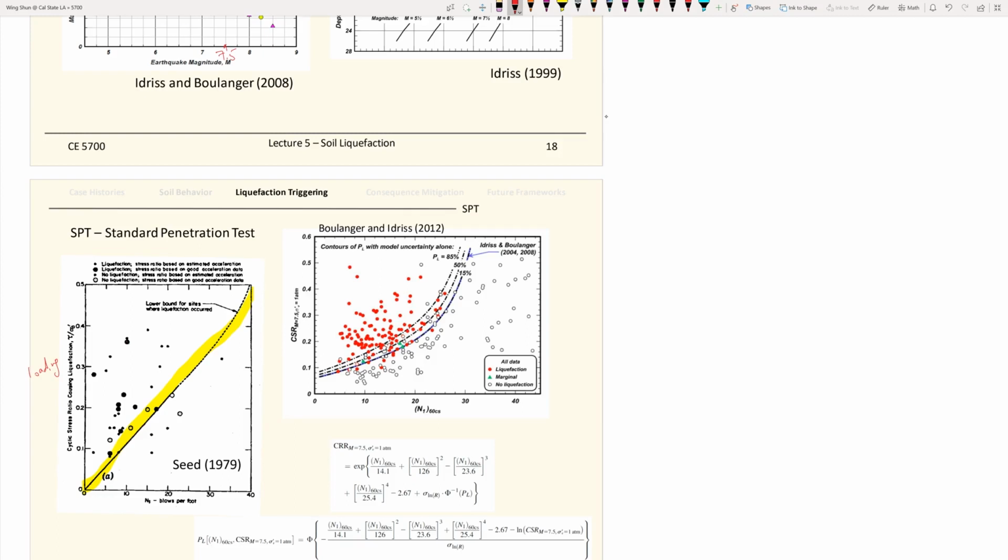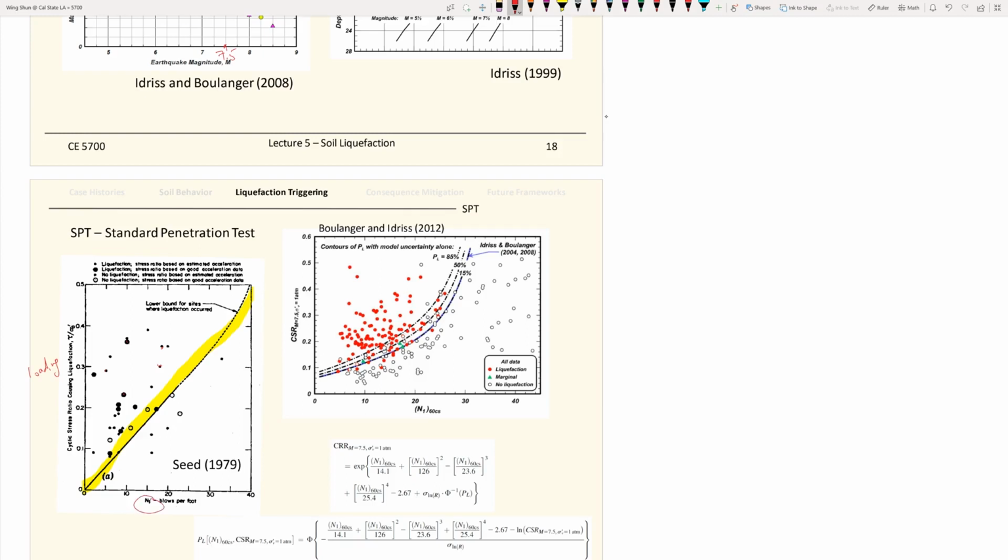So each data point there is a case history. This could be like the San Francisco earthquake. This could be the Japanese Kobe earthquakes. This could be the Taiwan Chi-Chi earthquakes. I'm making that up, but this could be the 1999, or that's even before 1999. 1999 had a very famous earthquake in Turkey, the Kocaeli earthquake. But anyways, each data point represents earthquake records, and then he back calculated the loading,